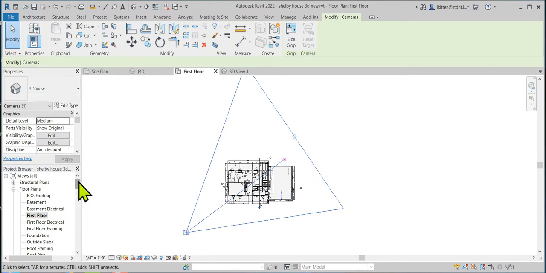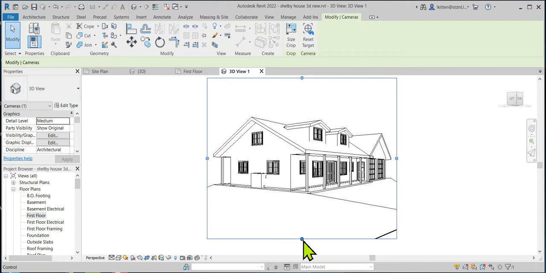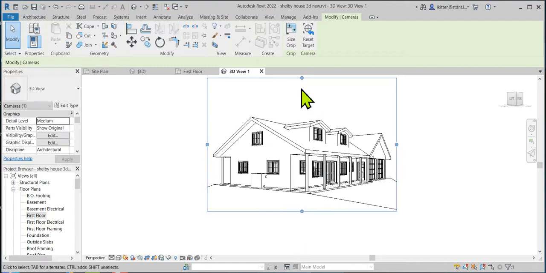Turn a little bit. Now I'm going to go back to my 3D view 1 that was up there, and it's automatically different. So I adjusted it a little bit more. That's about right where I wanted to be. And you could turn it too, so I could get more of an isometric look at it or whatever. So I don't know, that's a nice picture over there. Now, the next thing you're going to need to do